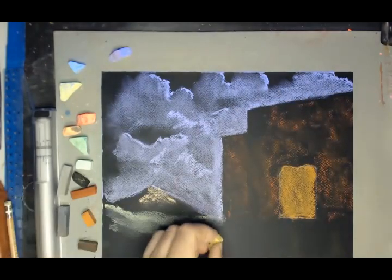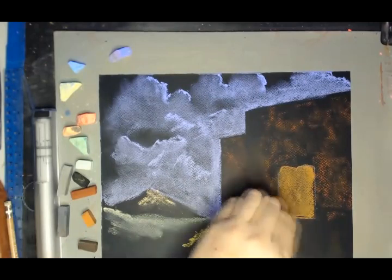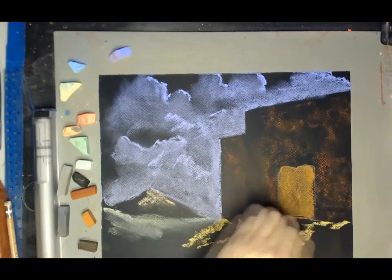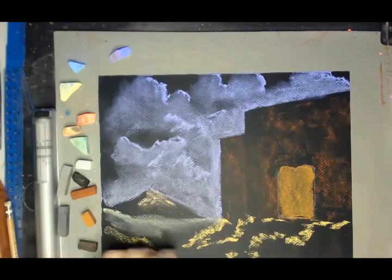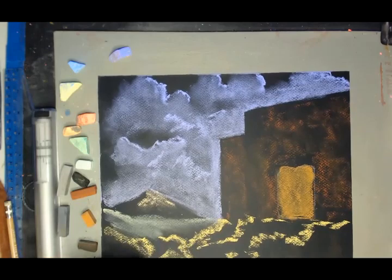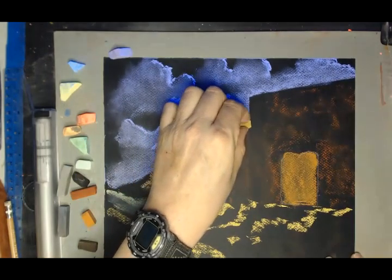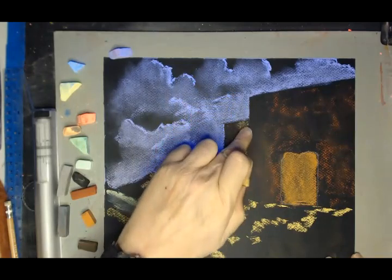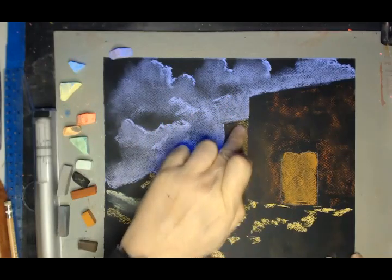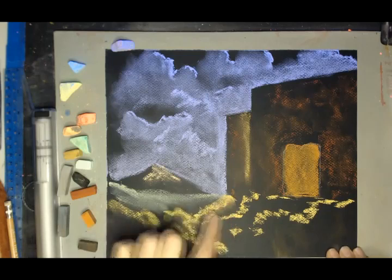Okay, use my yellow ochre to kind of suggest some hills and rocks here. I'm not going to draw each rock individually. I'm just going to put some lines down to give a little substance in the front here, and then maybe a little bit over here just so that we can see the city of Jericho. All right, and then I am also going to just kind of come in here with a real light touch. Again, okay, so we have drawn the city,